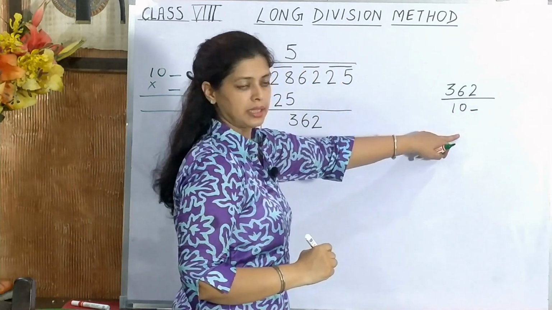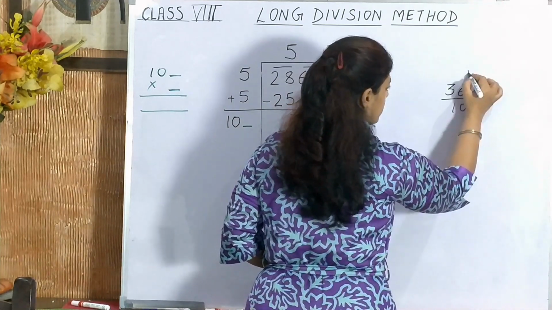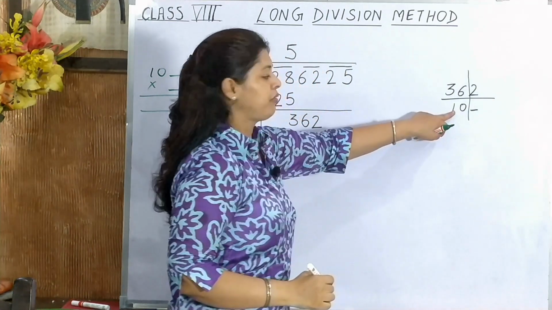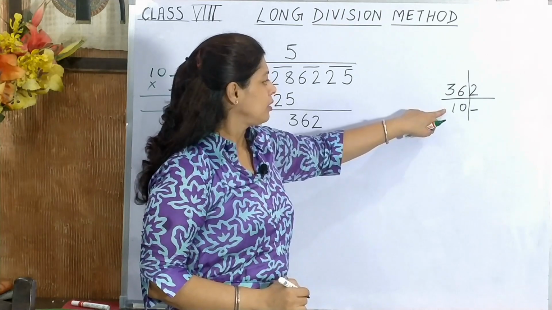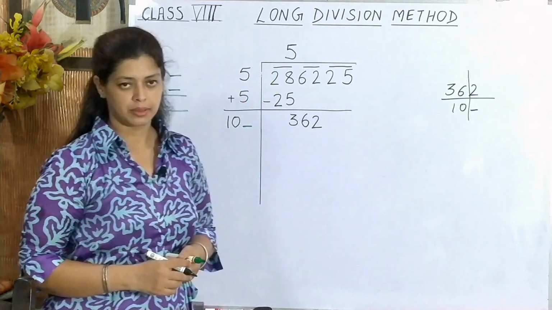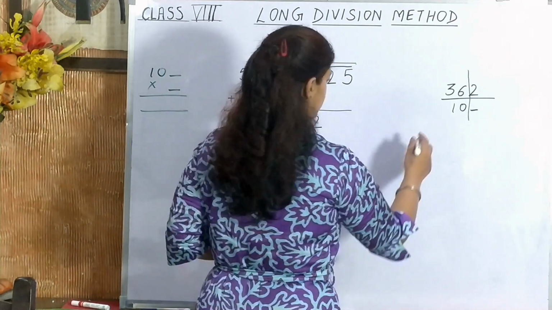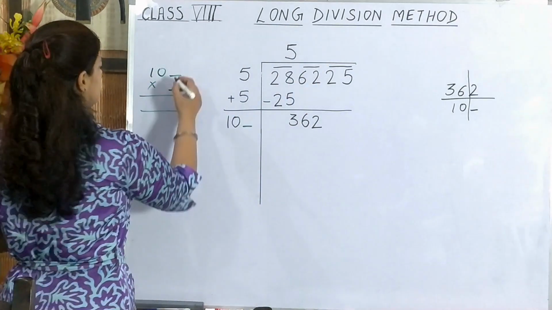I leave the last digit, the units place, from the denominator as well as the numerator. Draw a line. I am left with 36 divided by 10. Now we know that 10 goes maximum 3 times in 36 because 10 4s is 40, which exceeds 36. That means I can take the missing single digit number as 3.